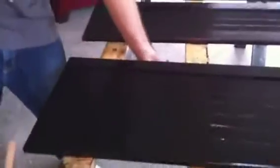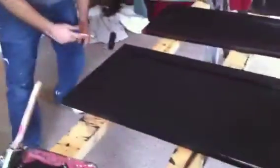This is my last edge here, and as you can see, the camera can zoom in on here. I'm just applying a little bit of pressure and carefully going over this edge. Smooth strokes, and you just want to be careful to have the same consistency everywhere. That's what you're looking for. You're looking for a real consistent approach. So now that I've got it all coated,